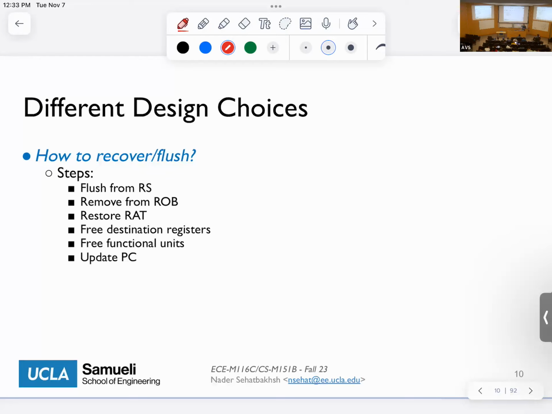And then if there is any instruction within the functional unit that needs to be flushed, we need to also get rid of that and free the functional units as well. And then PC, of course, has to be updated if this is a control flow instruction, right? So essentially the flushing is exactly the opposite of all the things that we did during the actual